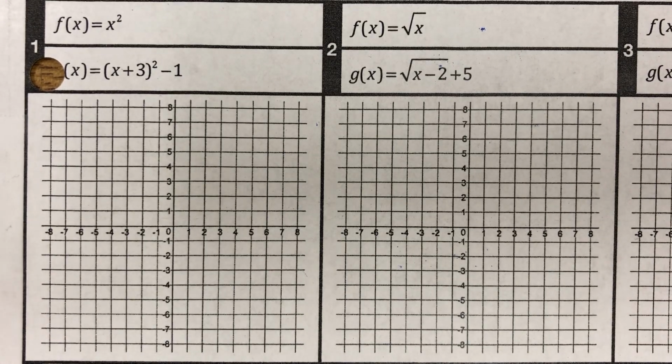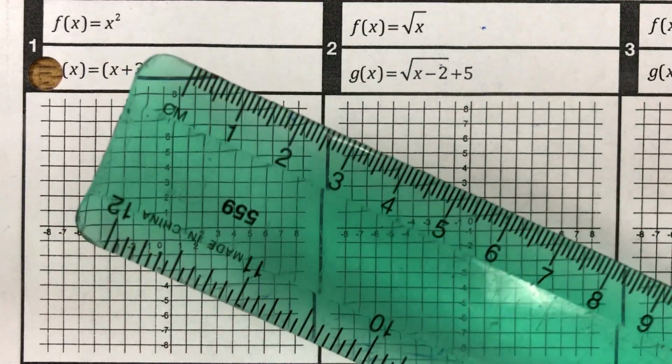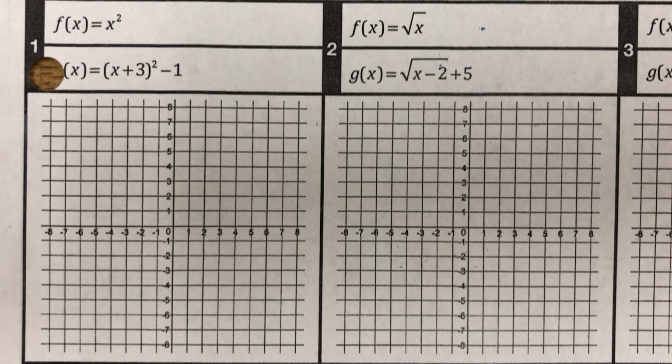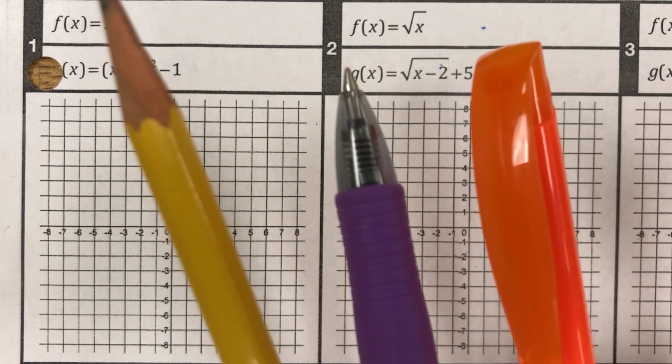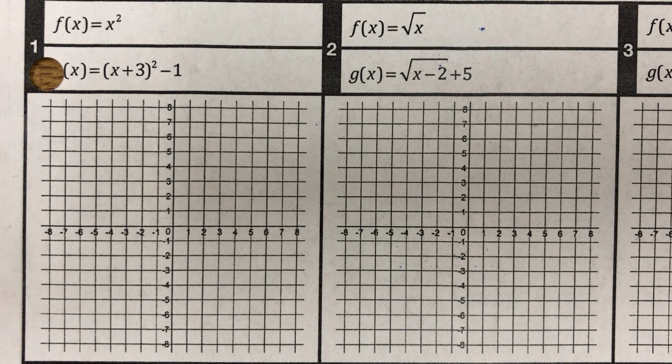All right, welcome back. So before you get started today, you're going to want a couple things. First, make sure you grab yourself a straight edge. Second, today's a great day to use a couple different colors. And then third, and most important, you are really going to want to make sure that you have that parent function sheet. It's the one that was double tall with all of the characteristics on it, because we're going to be plotting a lot of points for the parent functions, and it'll be a lot easier if you can just